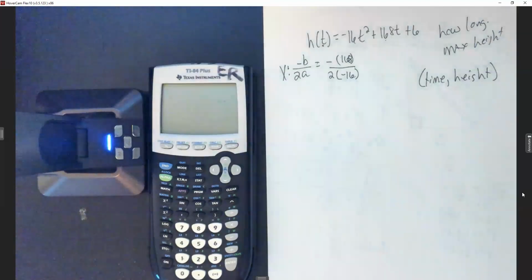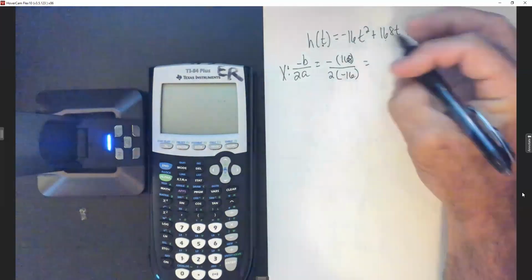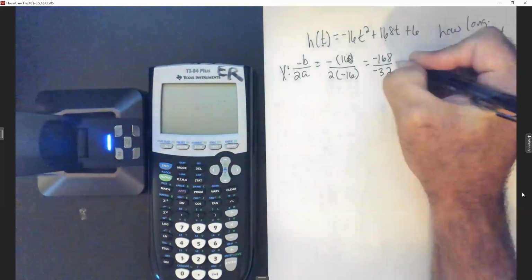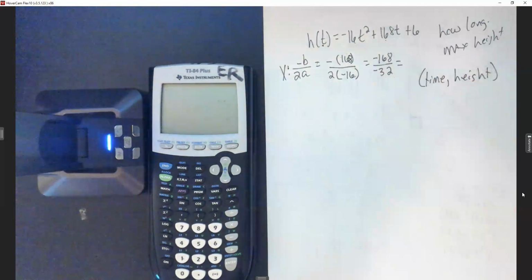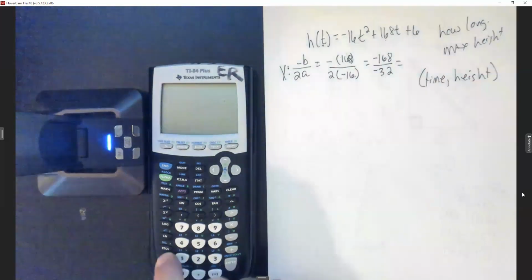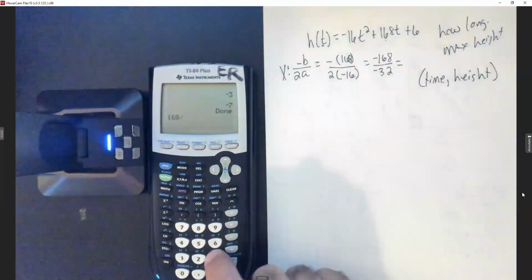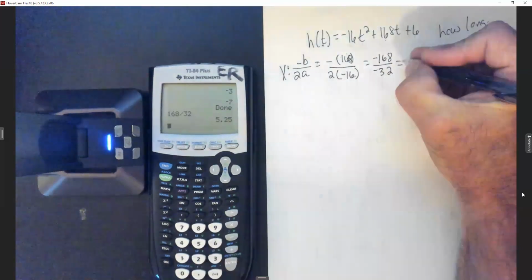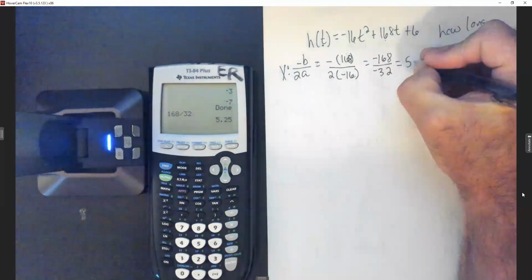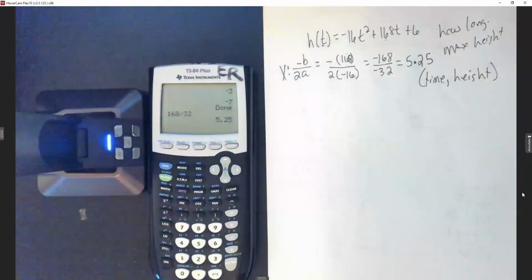Alrighty, so I do know a negative divided by negative. I get a negative 168 over a negative, what's that, 32? So I do know that'll give me a positive number. So let's see, 168 divided by 32, 5.25. And I'm actually just going to keep that in decimal form for this one. And then I'll look back and see if they want me to round it to a certain amount or not,